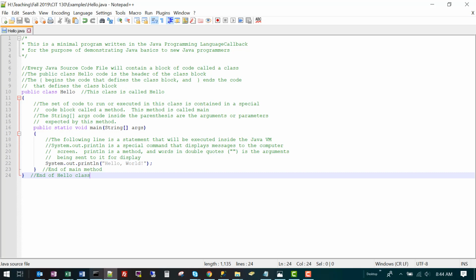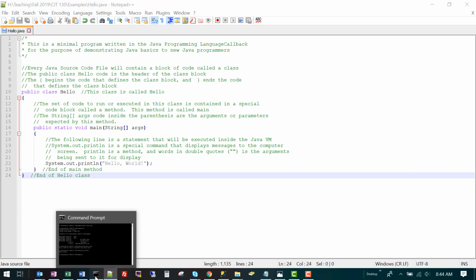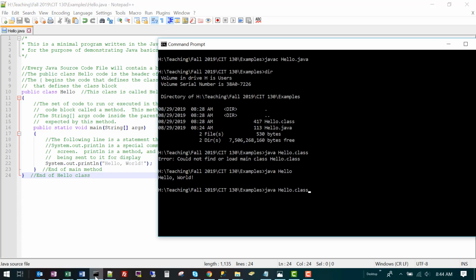Now, for my own personal benefit, I am going to recompile the program, because even though all the changes I made were comments that should not affect the way the program runs, there's always the possibility that I or anyone could make a mistake.